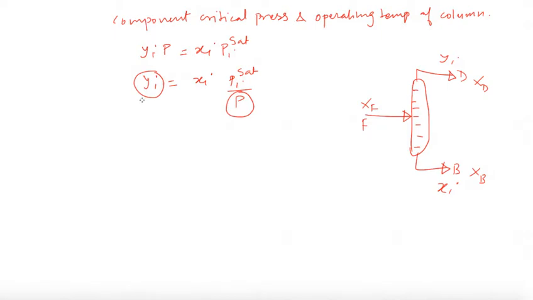Let's say you want to get 80% of this I component in the top of the column, so you can put it 0.8, and in liquid it will be around 0.2, because in vapor fraction you are recovering 80% of the I component. So if you know the value of pi set, you can calculate the column operating pressure. This pi set can be calculated